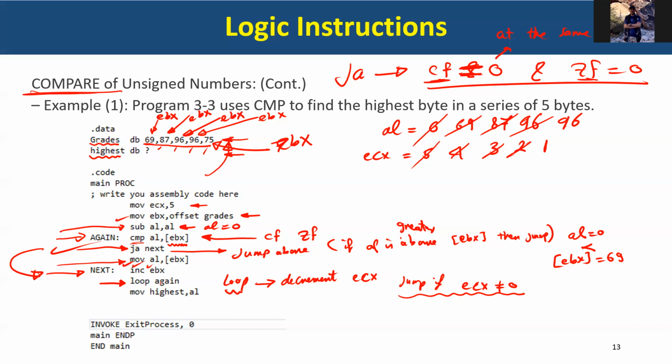Now loop again will decrement ECX. Now ECX equals 0. Since ECX is equal to 0, we will not jump. So we're going to go to that line, move highest, AL. AL is now 96, so highest will take 96 as well. Okay, guys, now let's go and execute that program